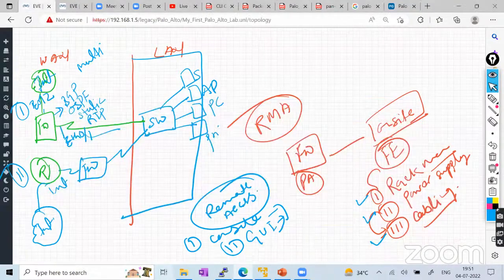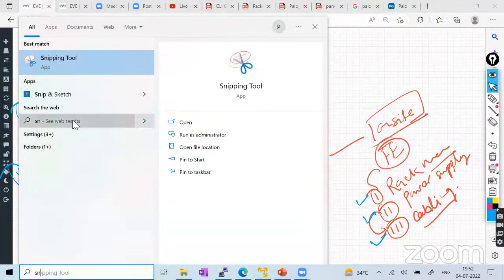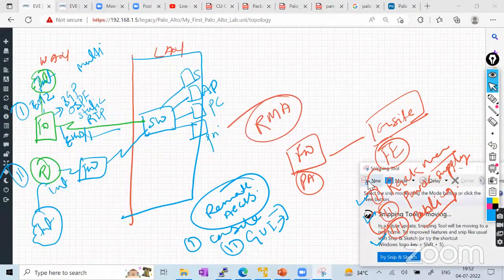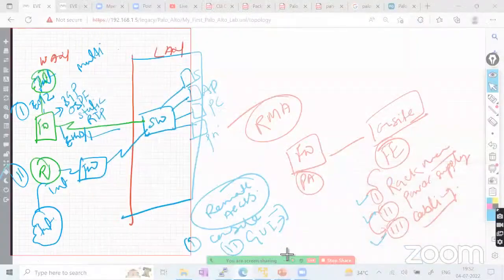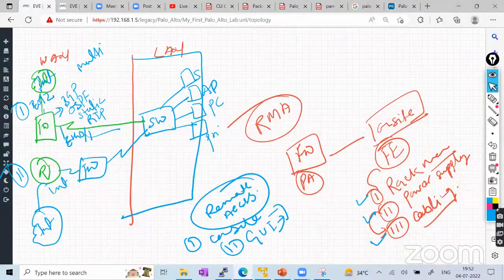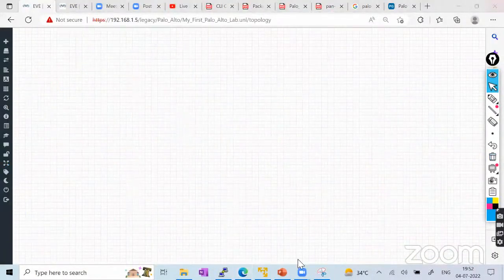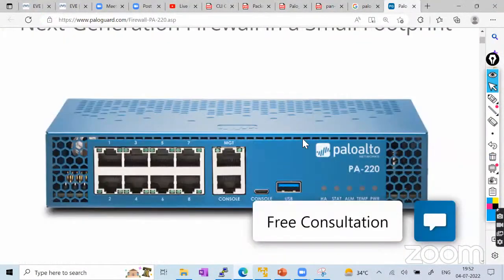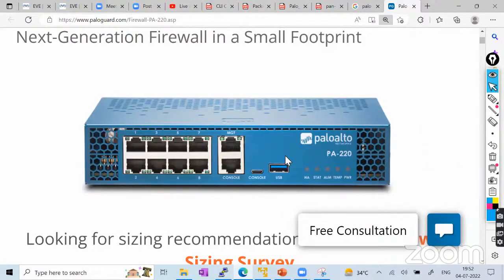This is not this one. Let me just take a snap before clearing this screen, so later I can use this. Okay, all right, let me just clear this screen. So now here you can see that this is the firewall, right? And in this firewall, we have